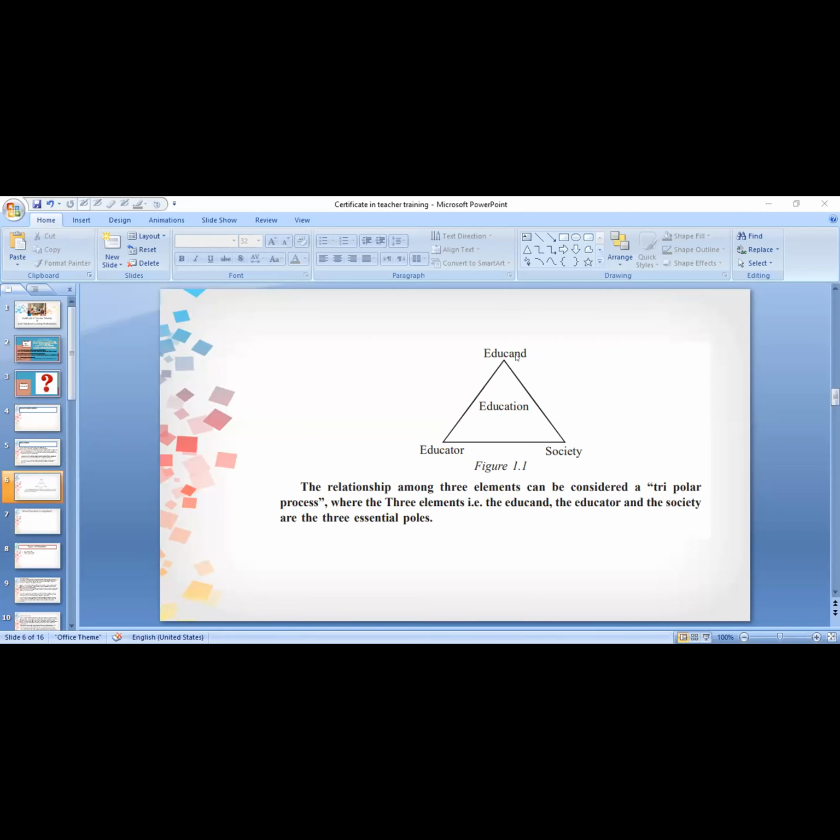And educand. Educand is referring to the student, the one who learns. The student, educand. Educator, the teacher. And of course, another corner is the society. The society too plays a role in the sector of education. So there are three important corners of education. First is the student who is trying to learn, and the educator who is helping the students to learn, and